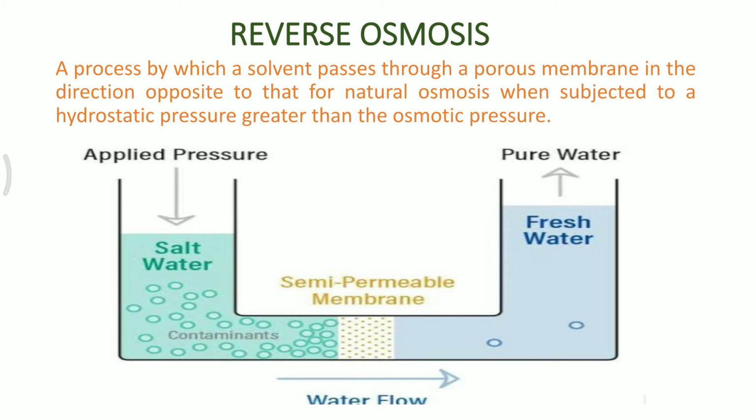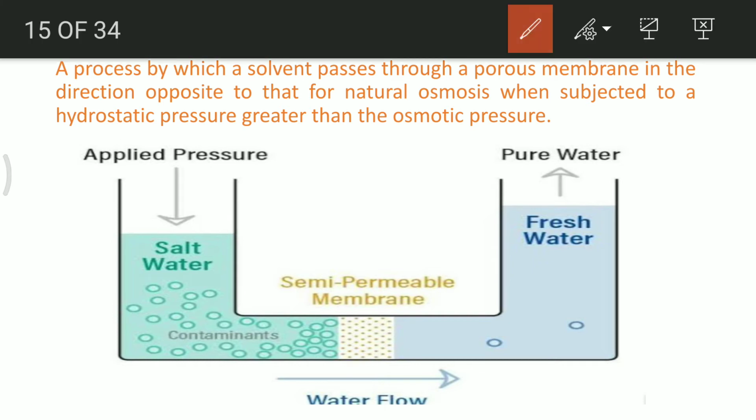Here the semi-permeable membrane is separating two fluids, and in a normal condition, think about a normal condition, water always moves from the pure to the impure side, or from where the water concentration or the amount of solvent is much higher to the area where there is a greater amount of solute particles. So the movement should be in this direction. But here the direction of flow of water is completely different.